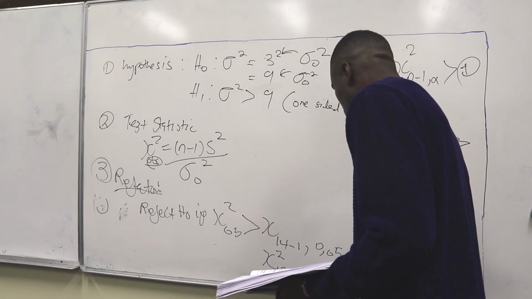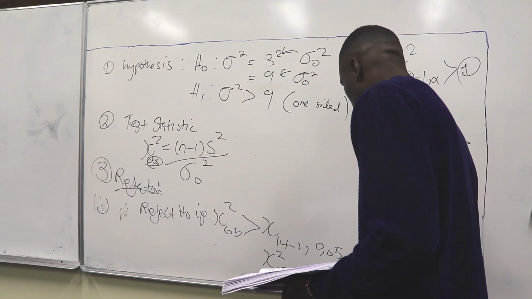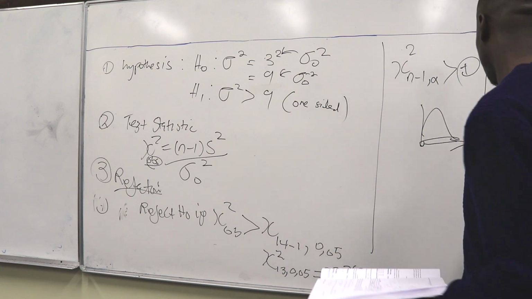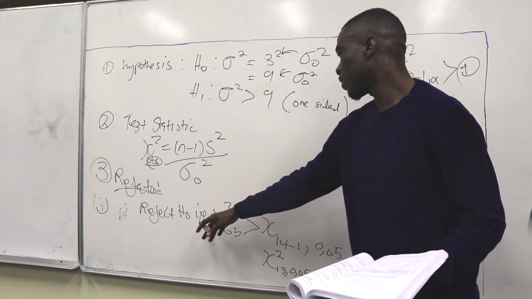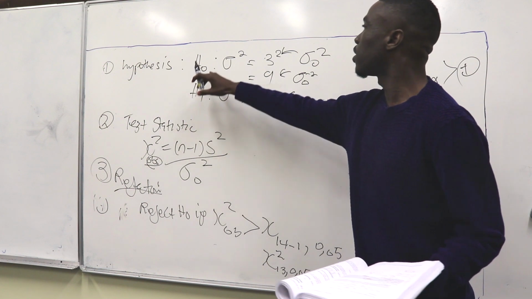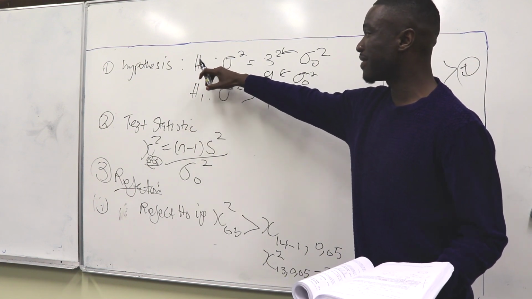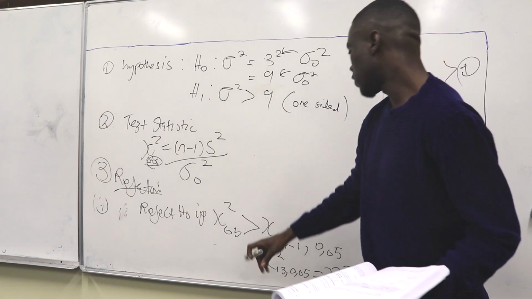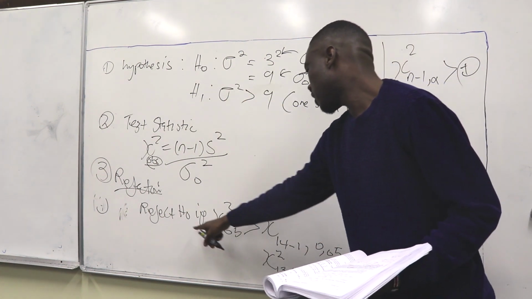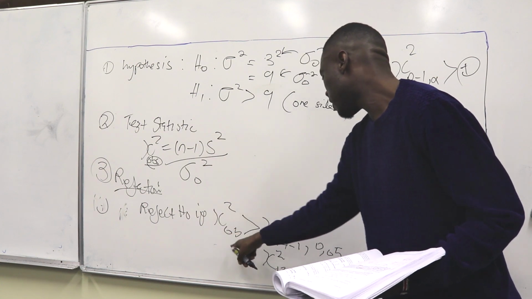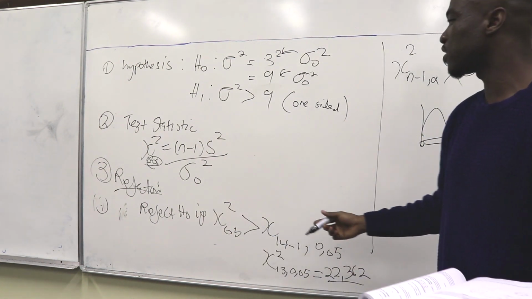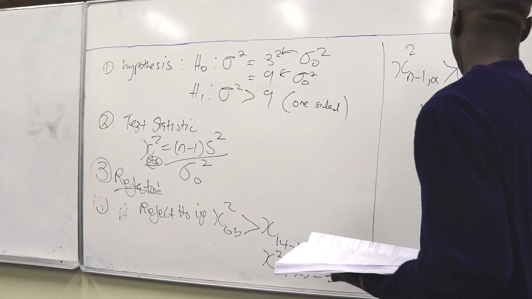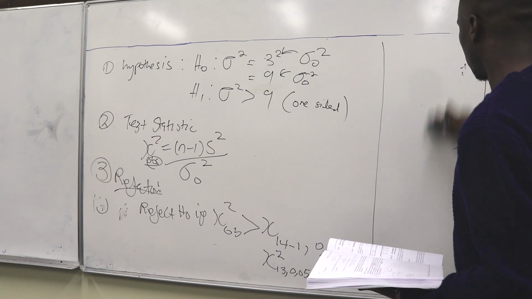22.362. So if we look carefully at this statement, we say that we're going to reject H0, which is our null hypothesis. Remember, this nullifies this, so if we reject this, we're basically accepting this one. So we said that we're going to reject H0 if what we observe is greater than this number. So now let's see if we're going to reject or fail to reject by actually observing the value here. So what I'm going to quickly do